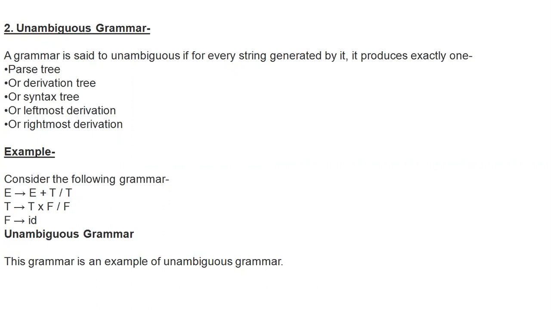We're having the grammar, and if the right hand side variable appears more than one time at the left hand side of the production rule, then such types of rules or grammars can be called ambiguous grammars. Top down parsing is not desirable with this ambiguous grammar, so we need to change it into an unambiguous grammar. So how to change? Are there any rules or any syntaxes to be followed?